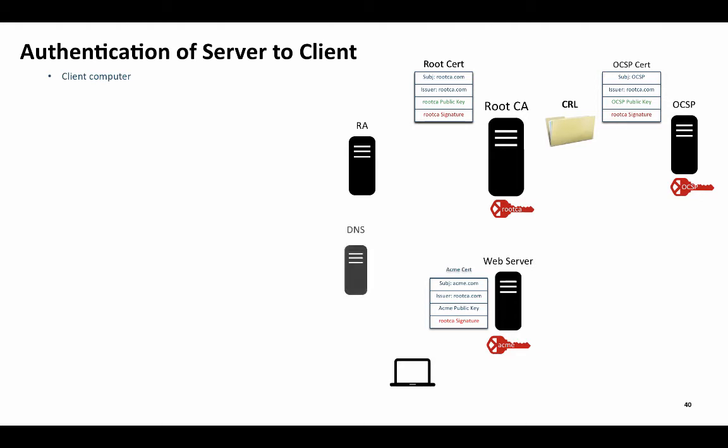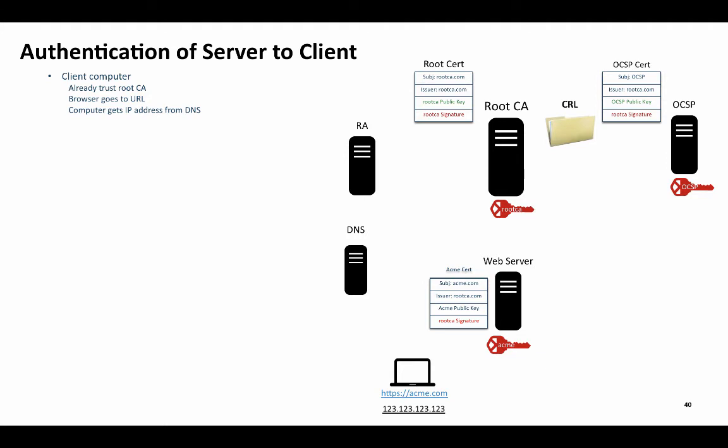First, we need to add our user and the DNS server of the network. And we have to remember that the user's browser already has a whole bunch of root certificates on it, root certificates that it inherently and completely trusts. When a user types https://acme.com into the browser, the computer's operating system reaches out to its DNS server to get the IP address of acme.com. Let's say it gets back